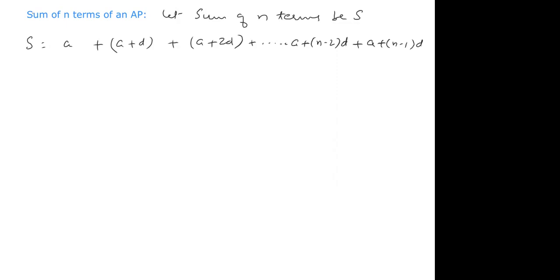So now, one very interesting method is there for finding this sum. What we will do, I will rewrite this in reverse order, all the terms. So I will rewrite, that means S is equal to, last term I will write first, A plus n minus 1 into D plus, this is the last term, plus A plus n minus 2 into D plus A plus D, and first term will become the last.